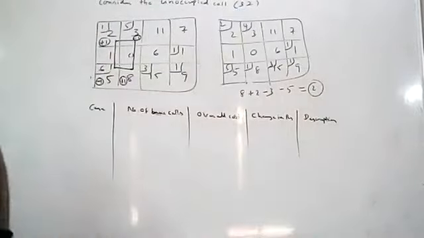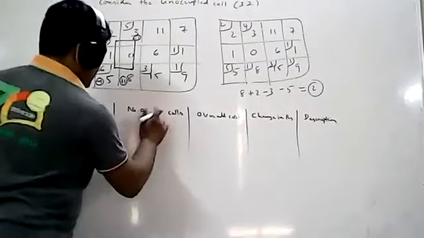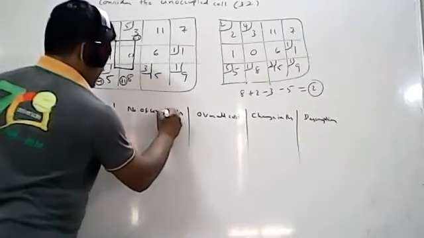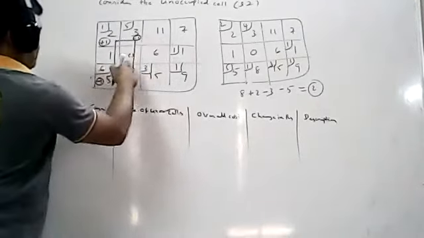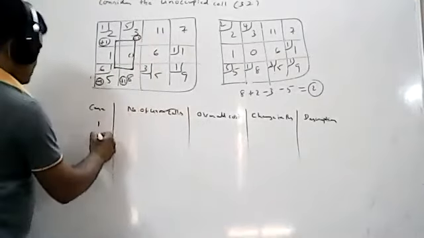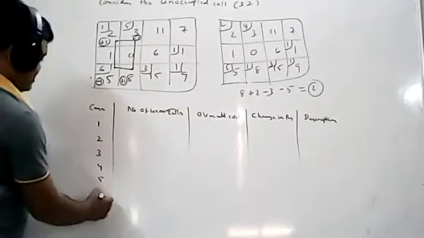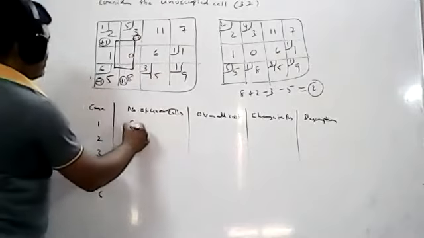So these are the things you require. This is non-basic cell, number of unoccupied cells. Sorry, unoccupied. Only you have to take unoccupied cells. So how many cases you got? How many unoccupied cells? 1, 2, 3, 4, 5, 6. So that means 1, 2, 3, 4, 5, 6. What is the first one?